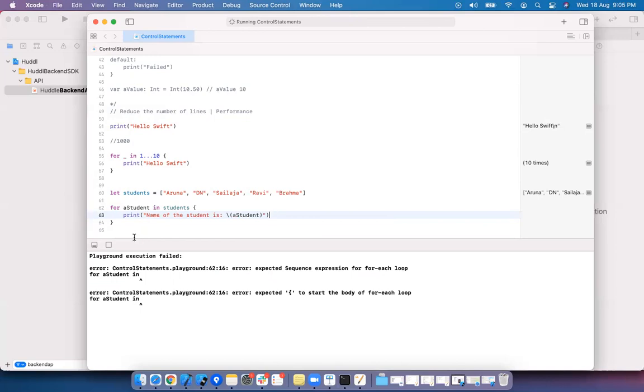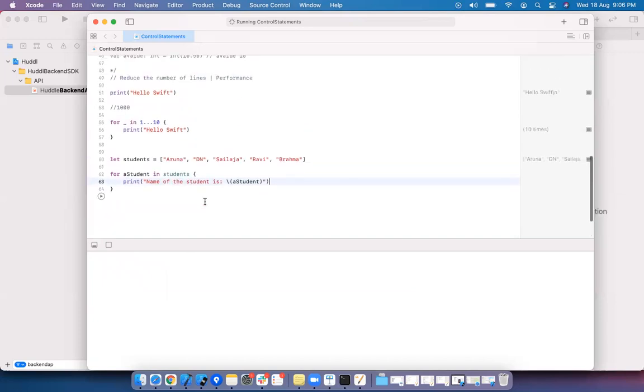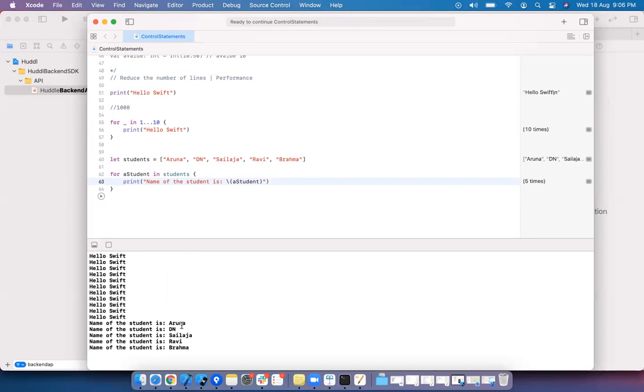Let's wait for it to run. Yeah, the names are printed here in the given order.